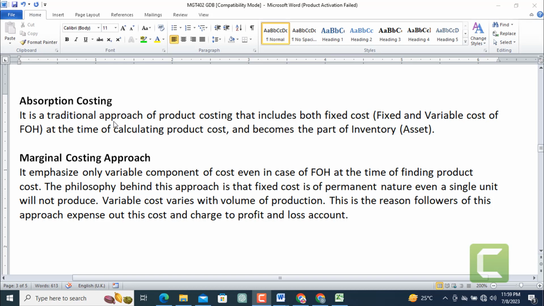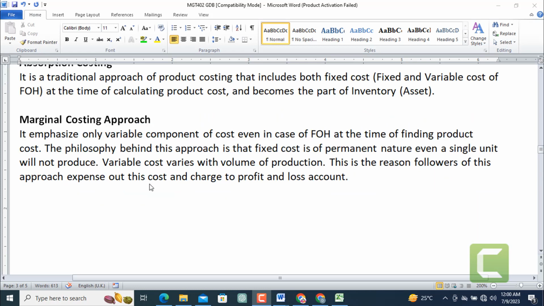Absorption costing is a traditional approach of product costing that includes both fixed and variable cost of the factory overhead cost, which is an indirect cost, at the time of calculating product cost and becomes a part of the inventory. Further, it is to be noted that it follows the principle of matching at the time of constructing the income statement. Now come to the marginal costing approach, and this approach emphasizes only the variable component of cost